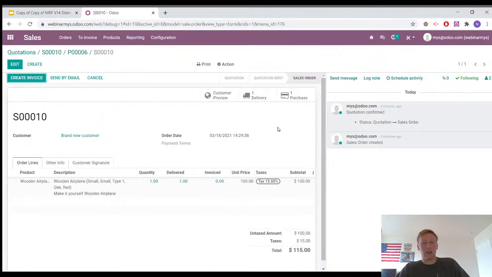Let's go over this workflow again. We have a sales order that was confirmed. It was created by our customer and confirmed by our salespeople, and then that sales order created a need for the components that